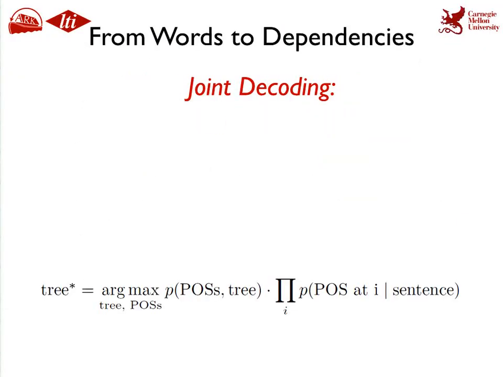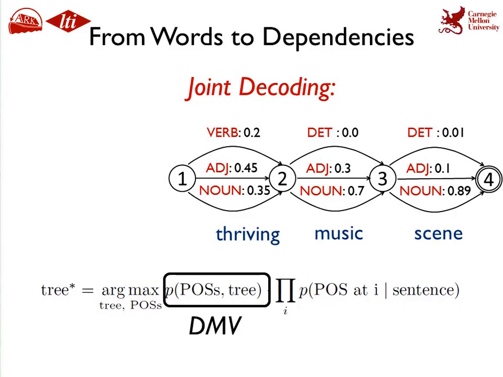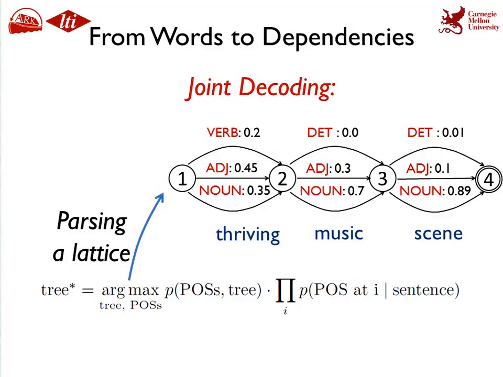So in the final experiment, what we did was we tried to do grammar induction directly from words. So we get the part of speech induction model and the grammar induction model to interact by using a sausage lattice. Basically, we get the posterior distribution of our part-of-speech tags at one position for a sentence, and we jointly try to decode the best dependency tree by parsing this lattice. And this gives us really interesting results.